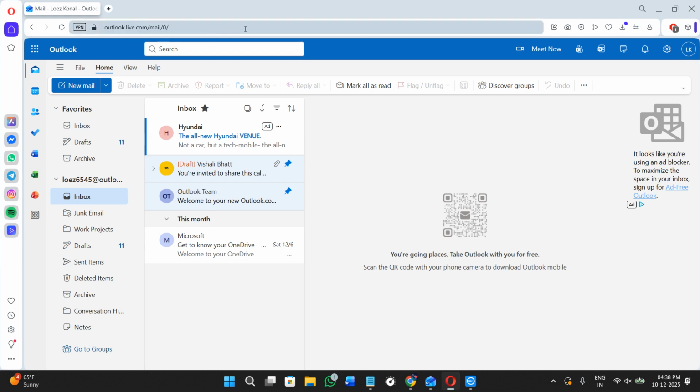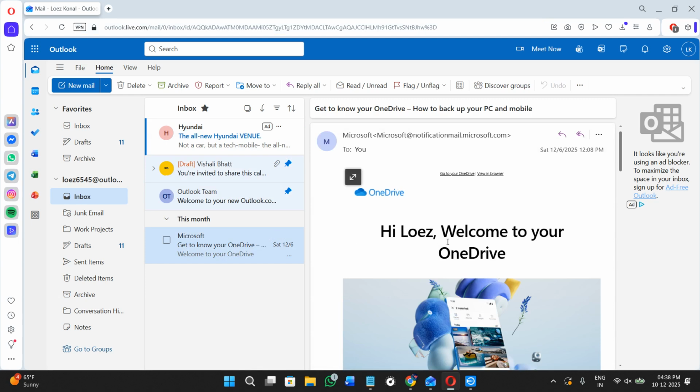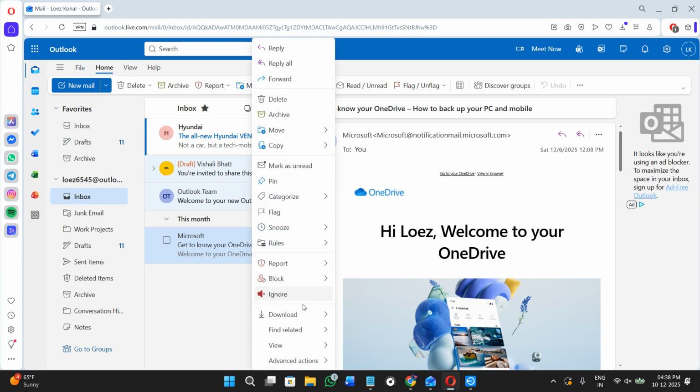First of all, you need to open Outlook in your device. Over here, hover over to the left hand side and click on the option of inbox. In the inbox, you just have to find a spam email which you want to block. Once you have selected the email, you just have to simply right click on the email, and from the list